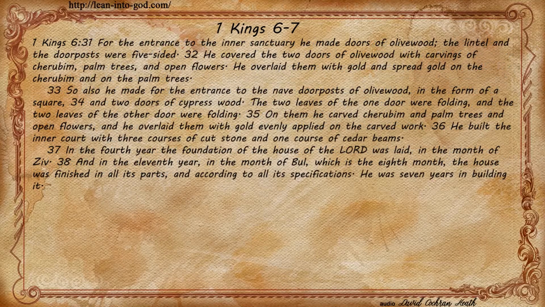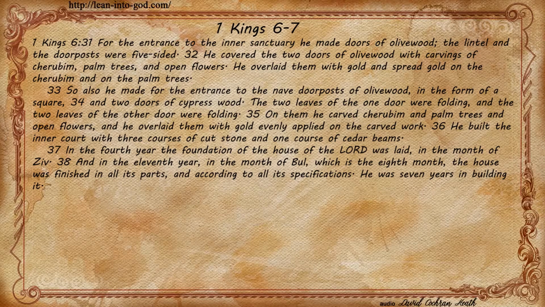For the entrance to the inner sanctuary he made doors of olive wood. The lintel and the doorposts were 5-sided. He covered the 2 doors of olive wood with carvings of cherubim, palm trees, and open flowers. He overlaid them with gold and spread gold on the cherubim and on the palm trees. So also he made for the entrance to the nave doorposts of olive wood in the form of a square,